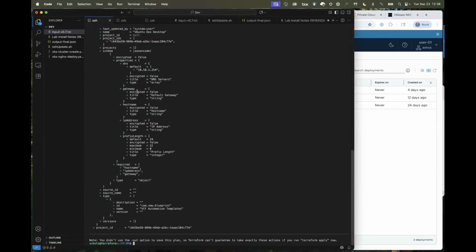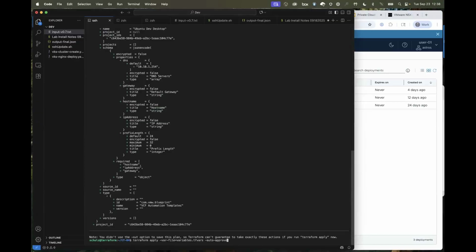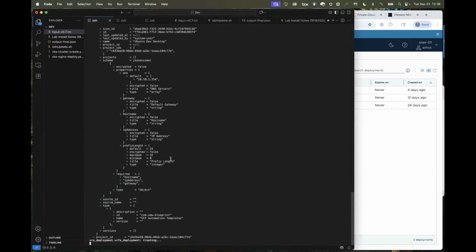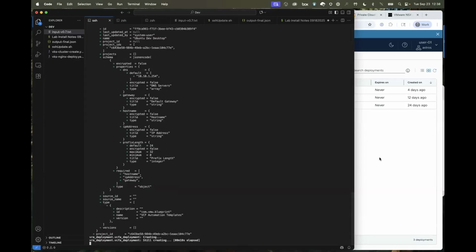Let me do a quick plan here. I'm just doing a copy and paste. I don't think anybody wants to watch me type commands in. So the plan looked like it went well. Let's go ahead and apply that Terraform with an auto approve. So we'll let that get cooking and come back to it, Christopher, here in a second. That's the best kind of demo, live and coming back. Yeah, definitely. We'll come back to that.